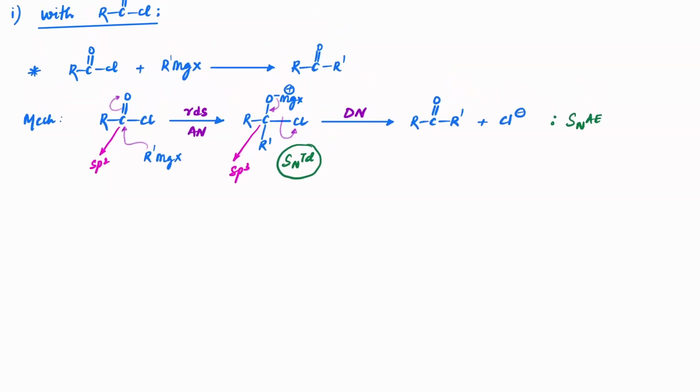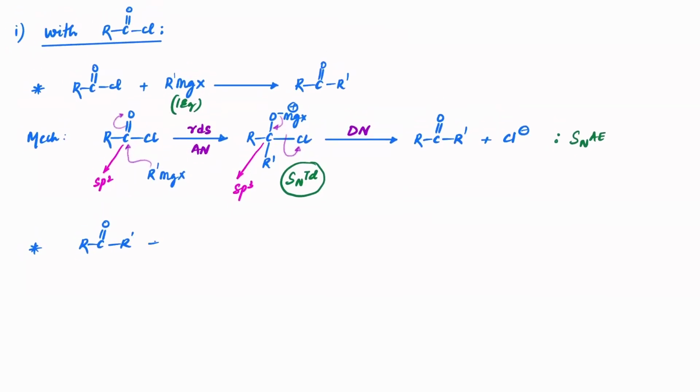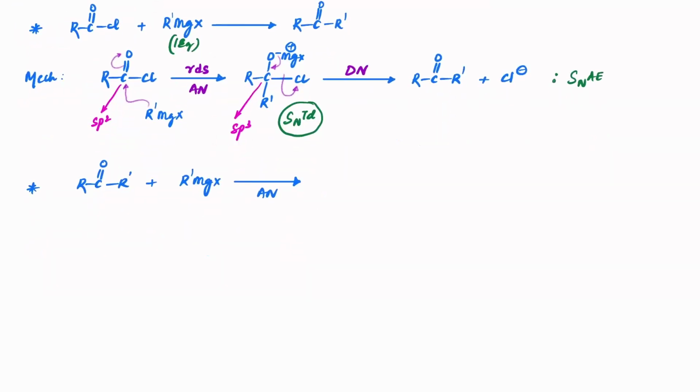But now listen, if this is one equivalent only, the first equivalent, what if you have a second equivalent? So that we will continue as the next reaction here. Because it is a ketone, and you know that ketones can make further reaction with Grignard's reagent, that is R dash MgX. Now this time it is only nucleophilic addition reaction, which we have already seen as a mechanism. So you will get this as O minus R dash and R dash MgX plus,